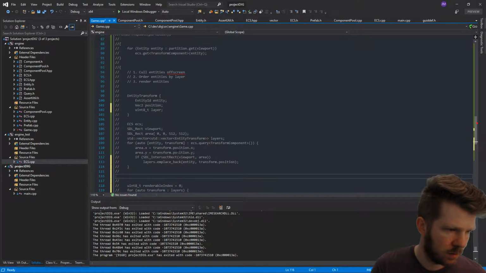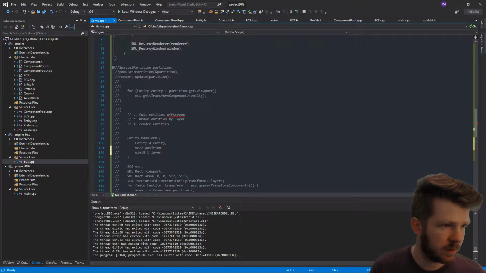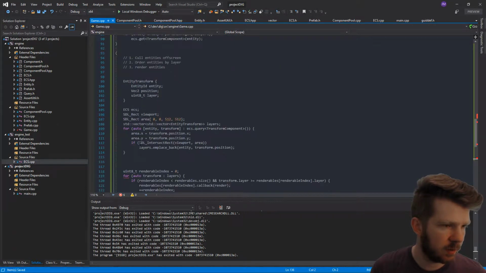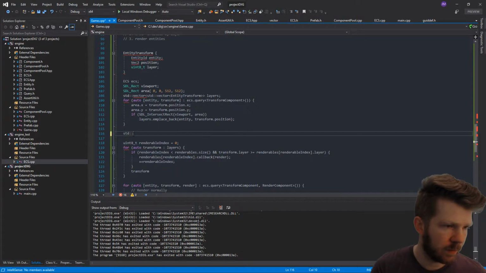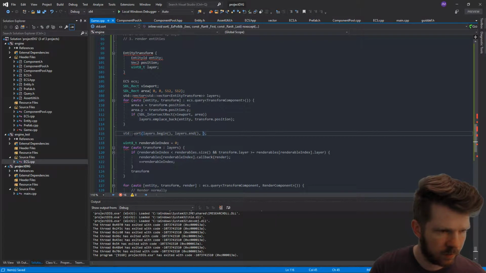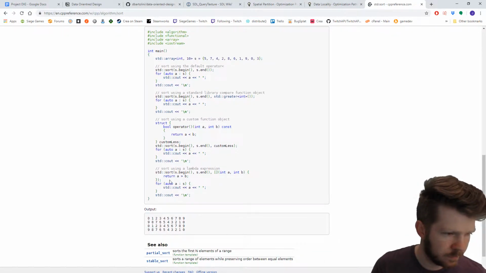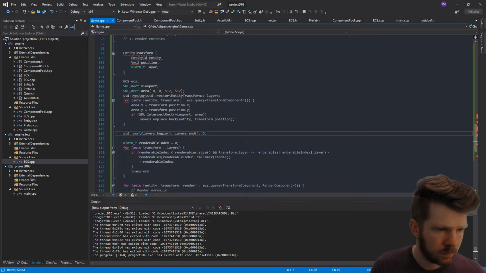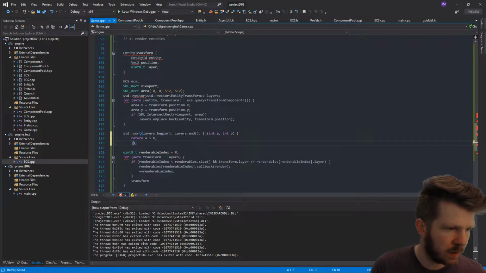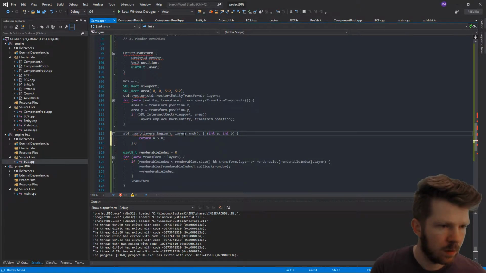And then in here, I should probably just uncomment all of this. It's silly to keep doing that. We would sort it. Oh, whoops. Sort layers.begin, layers.end. And then have some lambda in here. I don't know exactly how that works. I haven't really used lambdas. Oh, wait, here we go. So in this case, it would be, I would say,